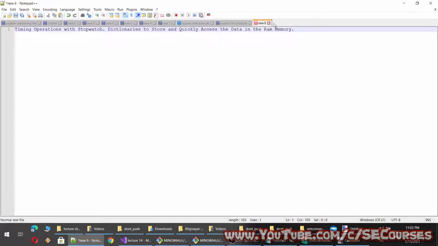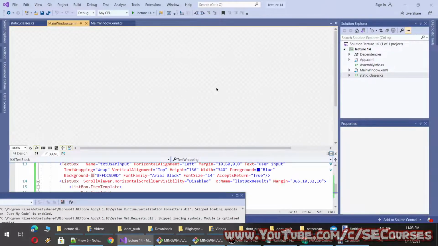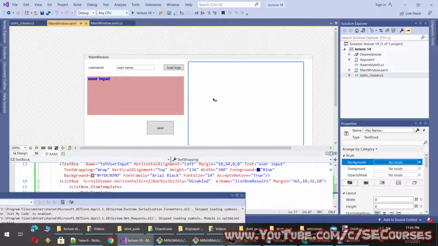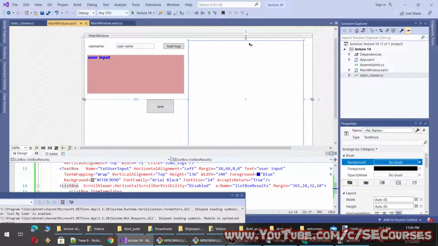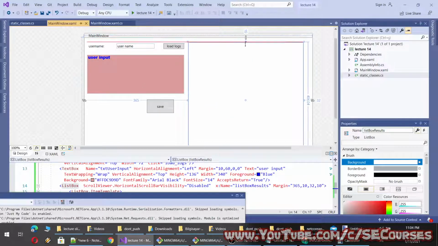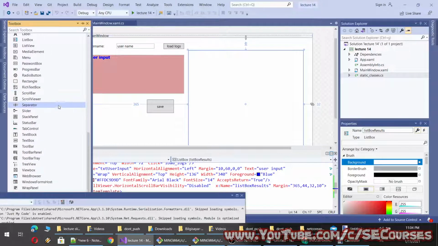All right, and okay, I will show you a timing operation as well. For example, we can keep a timer to display how much time has passed since the application is running. Okay, so how can we do it? On WinForms there were timers.